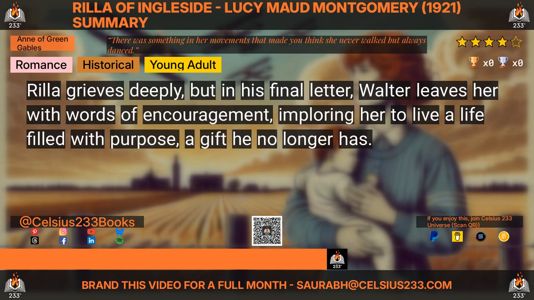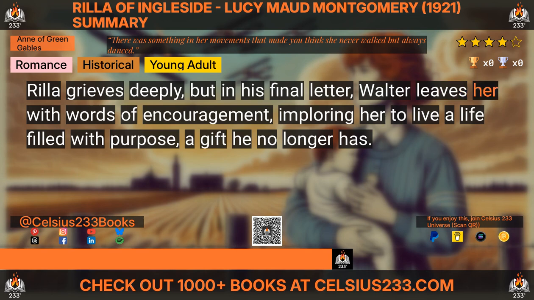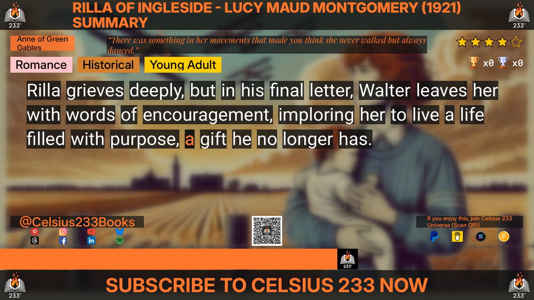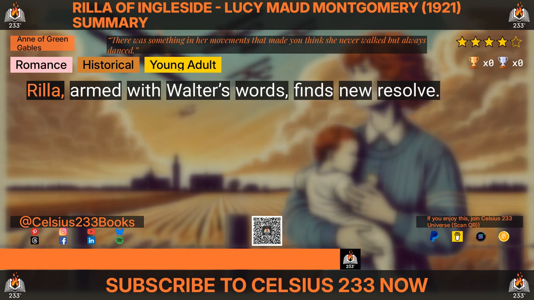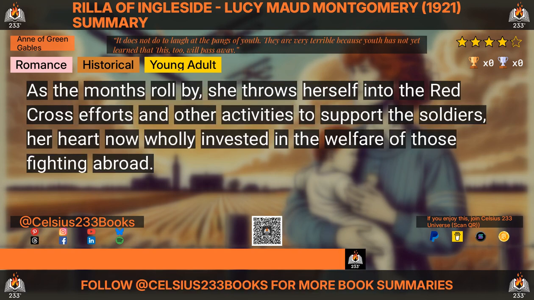ravages of war. Rilla grieves deeply, but in his final letter, Walter leaves her with words of encouragement, imploring her to live a life filled with purpose, a gift he no longer has. Rilla, armed with Walter's words, finds new resolve. As the months roll by, she throws herself into the Red Cross efforts and other activities to